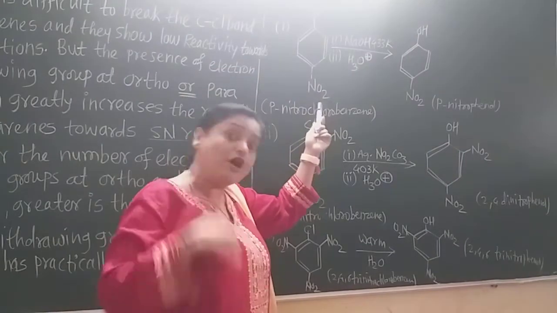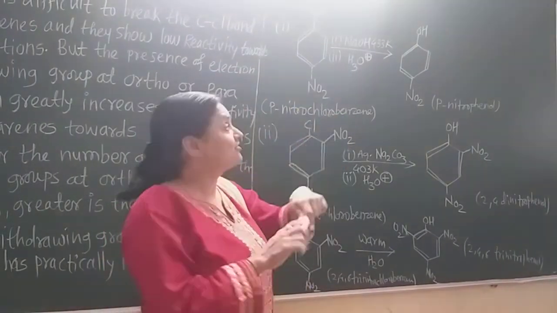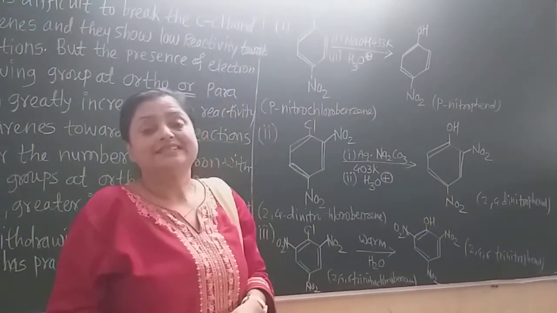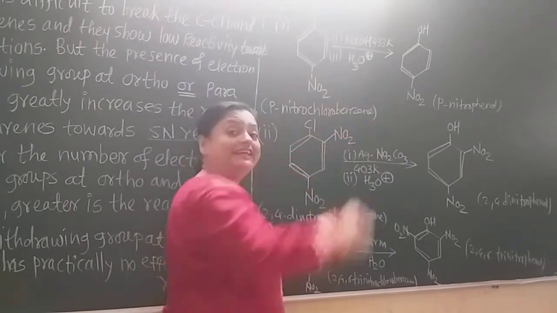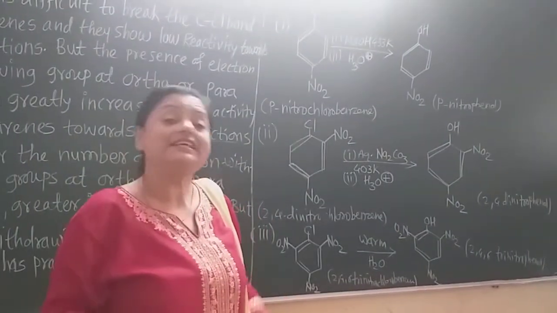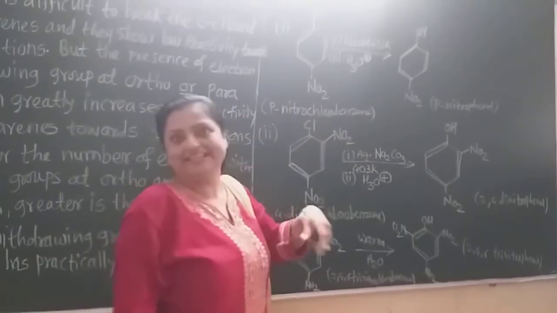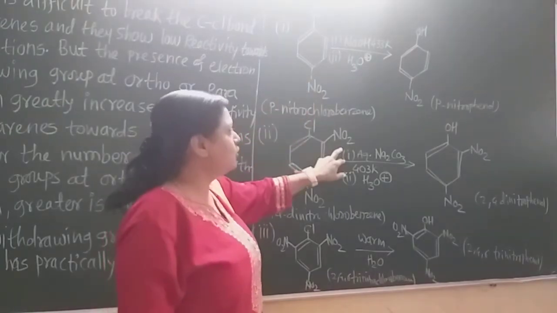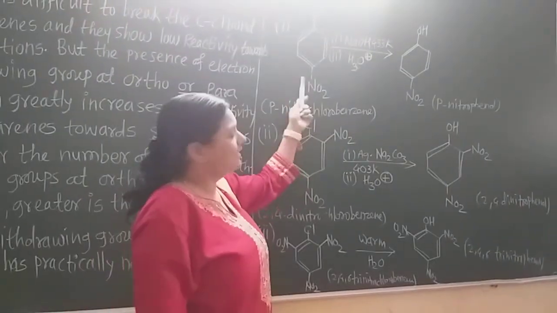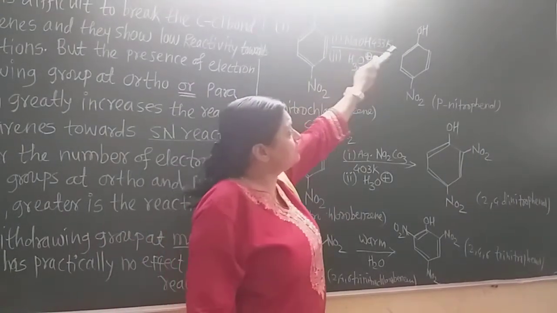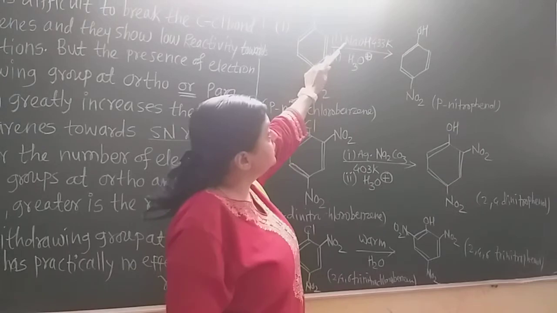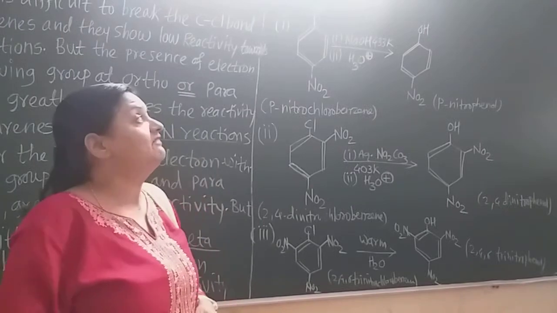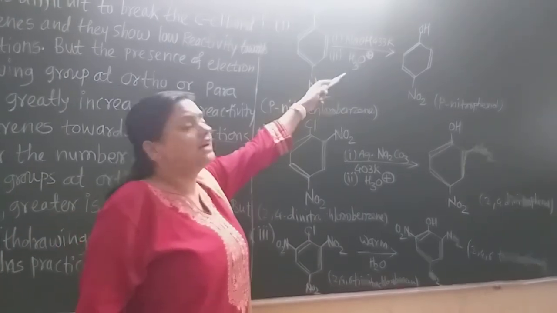These reactions happen somewhat more quickly than the reaction of only chlorobenzene. So the electron withdrawing group has the effect that the reaction rate increases very fast; the reactivity of the haloarenes increases due to the electron withdrawing group, especially at the para and ortho positions. Now the chloride gets replaced by the OH group and there is para-nitrophenol. This uses strong alkali, NaOH, at a temperature of 433 Kelvin, in aqueous solution,